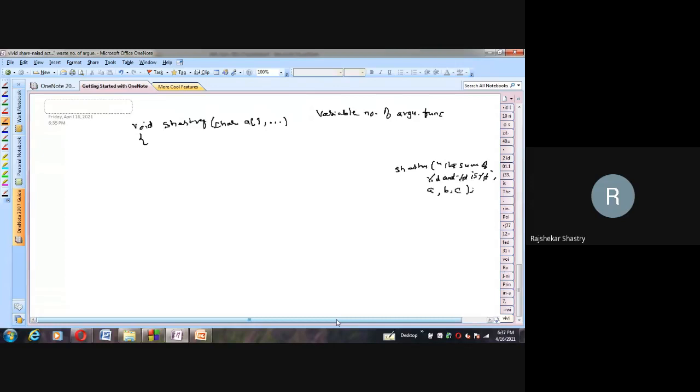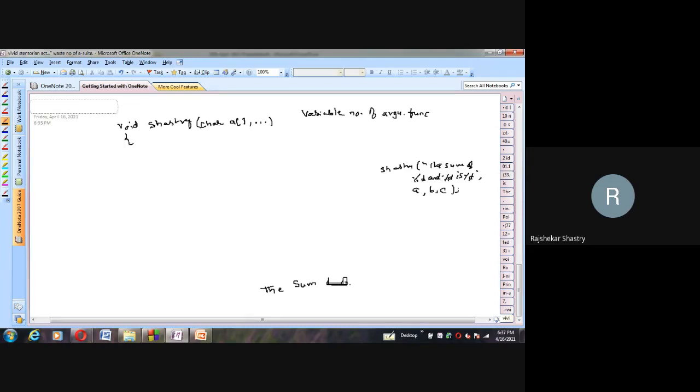Let me write the string part separately here: the sum of %d and %d is %d, within double quotation, comma, the other three arguments are like this, comma a, comma b, comma c.